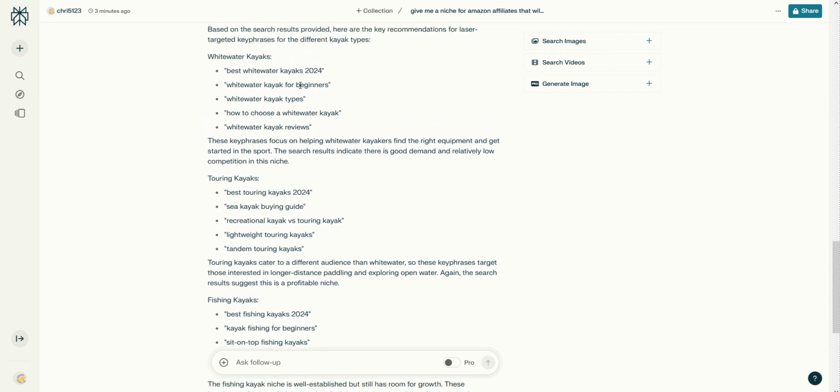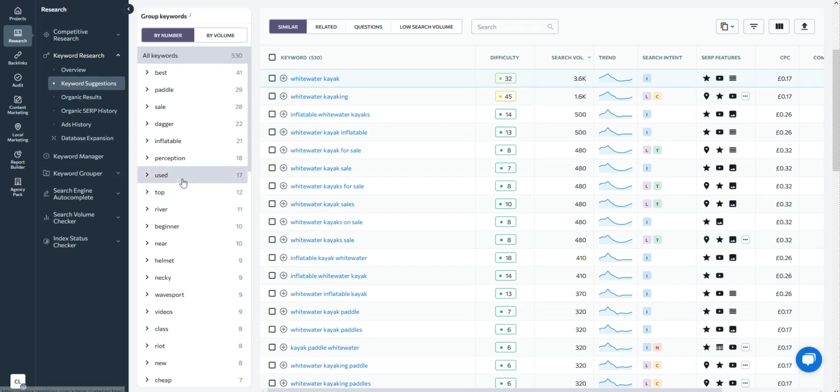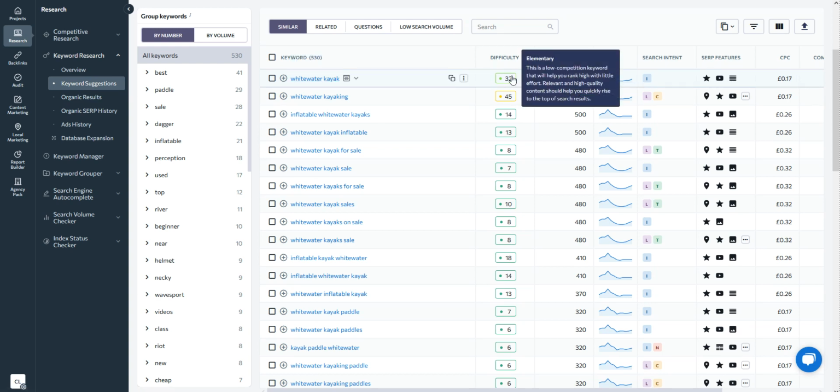So what I did was look at these ideas, get some ideas together, and then go over to a keyword tool. I'll show you this. Okay, so there's lots that you can do with a good keyword tool. This is SE ranking. They give a free trial as well. And I typed in whitewater kayaks. Okay, so you can see here whitewater kayak. Yes, great, and relatively low difficulty, not too bad.